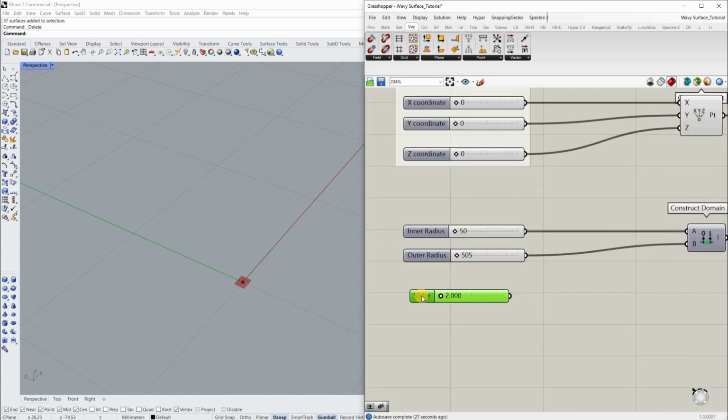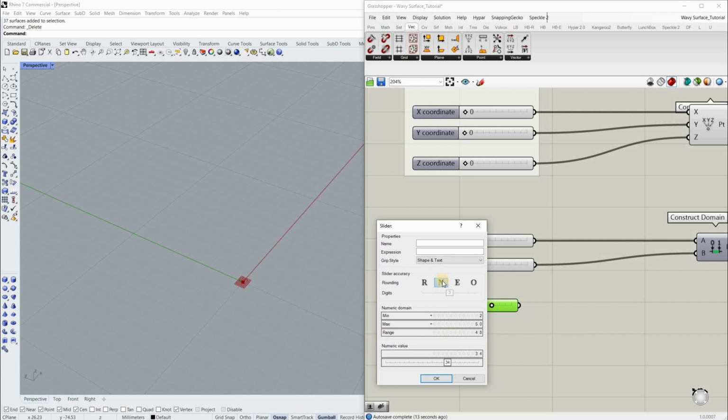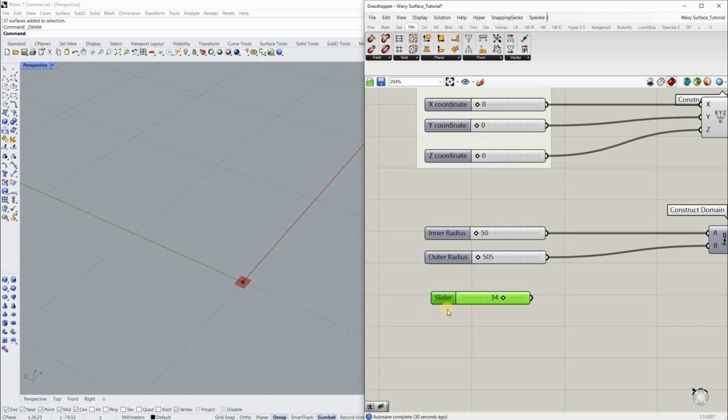Okay. Let me just see why this is in decimals. Okay, there we go. So I actually had to set that to an integer number, so that's where you change it. So floating numbers, where you have integer numbers, even numbers, or odd numbers. So that is also very important. And I'll say okay, and then I can just right click here and rename it as radial divisions. Enter. Okay, so now we know we have a minimum of 2 and a maximum of 50 circles, and then